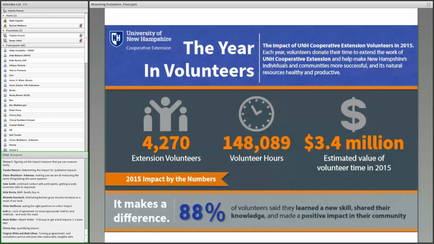Another example of an infographic, this one shows the impact of extension volunteers in 2015. Again, it takes a lot of numbers but puts it into a nice, easy to read and understand document. And for those icons, if you're interested in good quality icons, you could check out thenounproject.com or Shutterstock. It's really easy to search for different icons just by word, and you can find some nice stuff to spice up your graphic work. And this was another one that was done in-house as well.